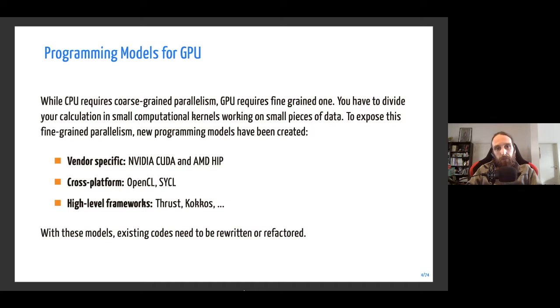And programming for a GPU requires fine-grained parallelism compared to the coarse-grained parallelism of the CPU. It means that you need to divide your calculation into small parts, very small kernels, and that each kernel will work as much as possible on a small piece of data. Each kernel, so each thread, by the way, will work on a small piece of data. And to expose this fine-grained parallelism,